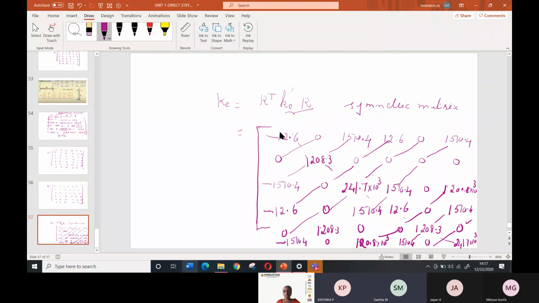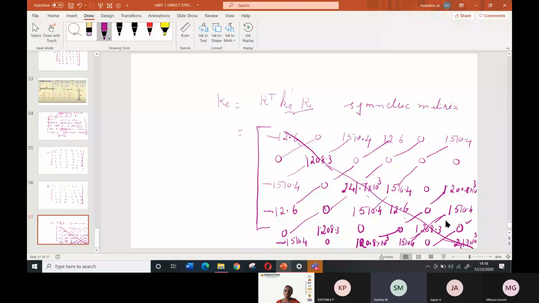Ma'am, how to check whether it is correct or not? The upper diagonal will be equal to the lower diagonal. So I'm checking. See here, when you are taking the upper diagonal, this one and this should be equal. Then you take this one diagonally, so this value should be equal to this value. When you are connecting this one diagonally, they should be equal. So upper diagonal should be equal. This value should be equal to the last value. So the middle also is equal to this.